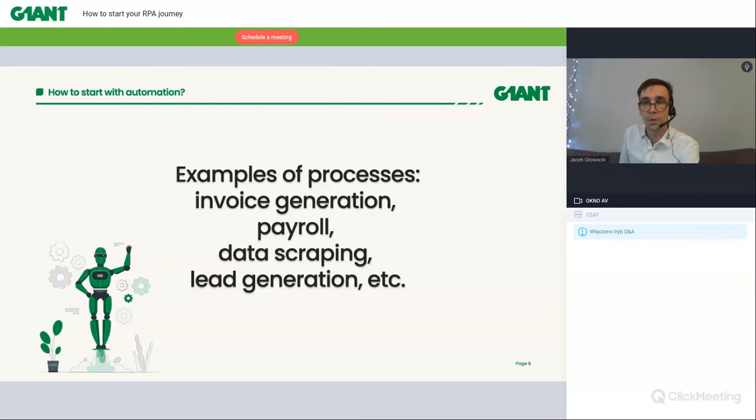Lead generation also is a very good example of where we can implement automation. This is in the sales department, so we can use our robots for marketing, for lead generation, for generating interest in our products. I will have an example regarding this later on, so I won't get into many details right now, but at the end we will have a couple of case studies, so I will tell you a little bit more about that.